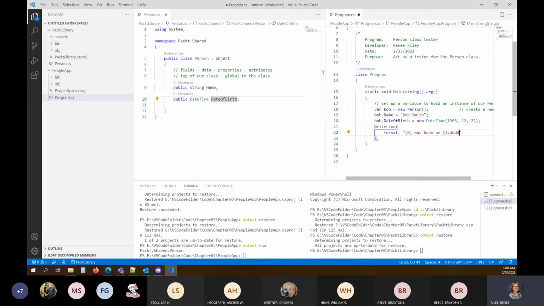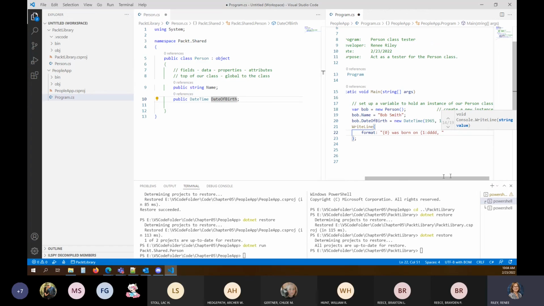D, D, D, D. So we're saying I want a date format. And after the comma, I'm going to specify that I want day, month, month, month, month, then year, year, year, year. Fancy formatting.